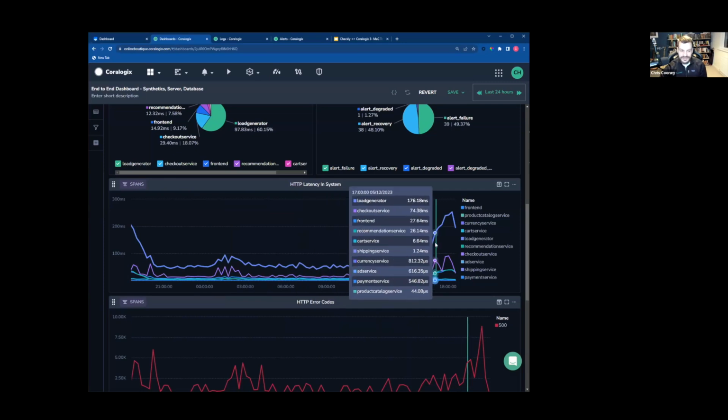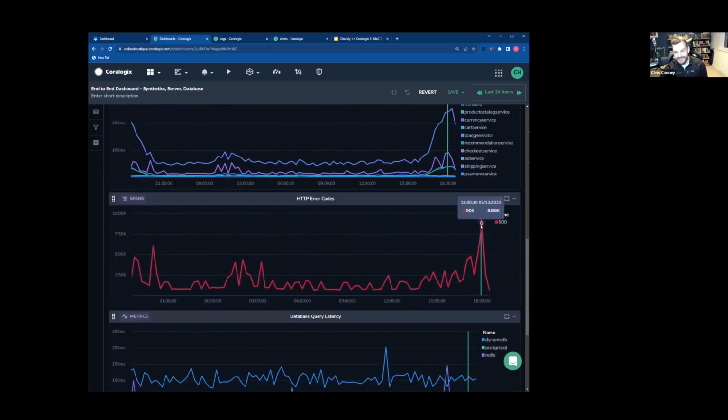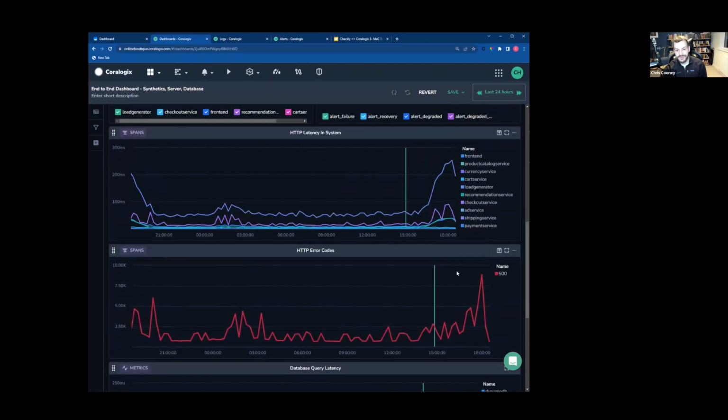Everything has just suddenly started climbing, and there was a downtail there. It's like, okay, that's interesting. And there's a spike in 500 error codes right there. So we can see right here that 500s have spiked at about the same time. We can see the green line that appears on both the widgets. That'll tell you where you are in time. You go to the spike here, you can see a spike in latency. So what we've done here is we've correlated synthetic monitoring data, which is essentially how the user is experiencing our website, with backend data. This would normally be held in multiple different systems, but with composability, we get access to a whole different kind of view